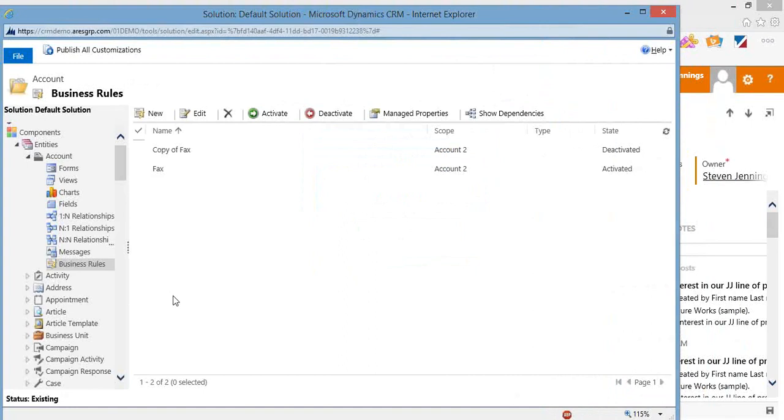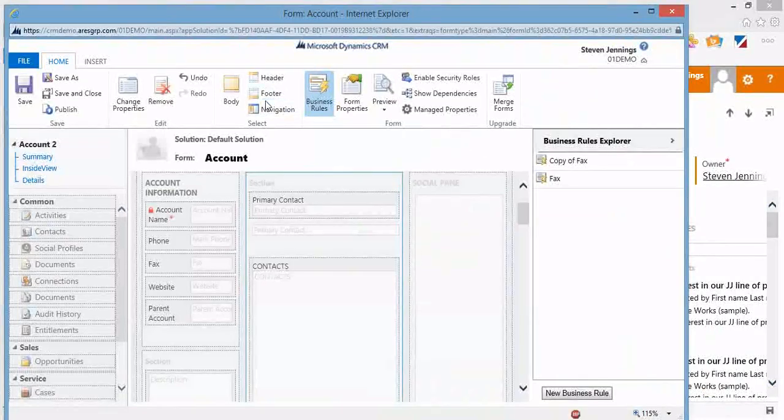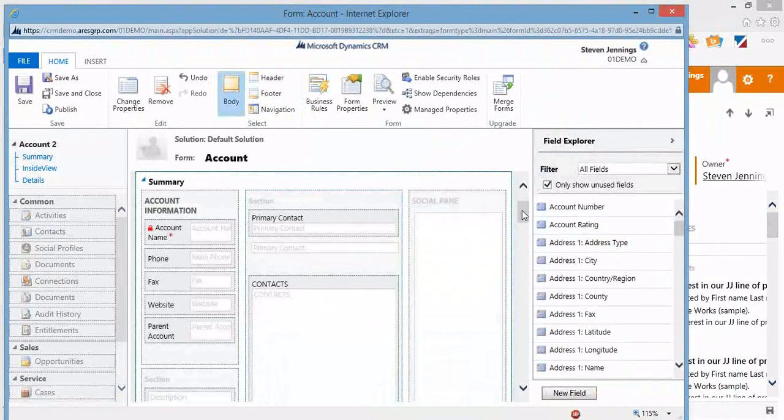The next thing we're going to talk about is field security. This is since 2011, but we'll talk about it just because it's a great way of doing it. A lot of people go through and say, you know what, I want to make